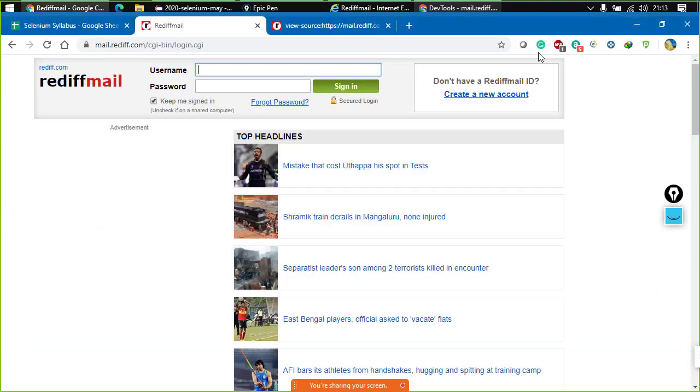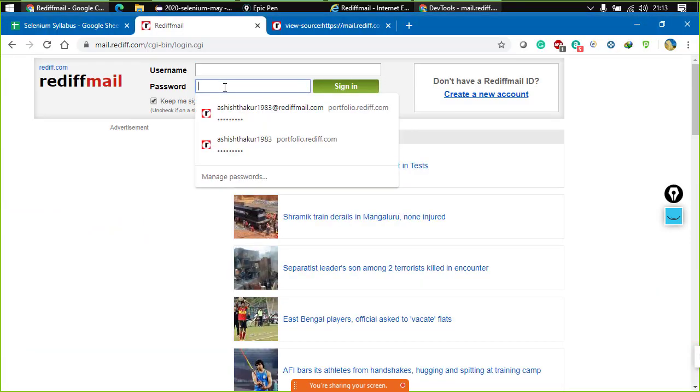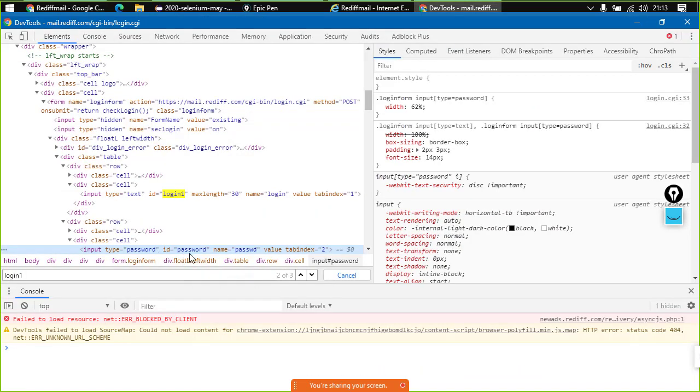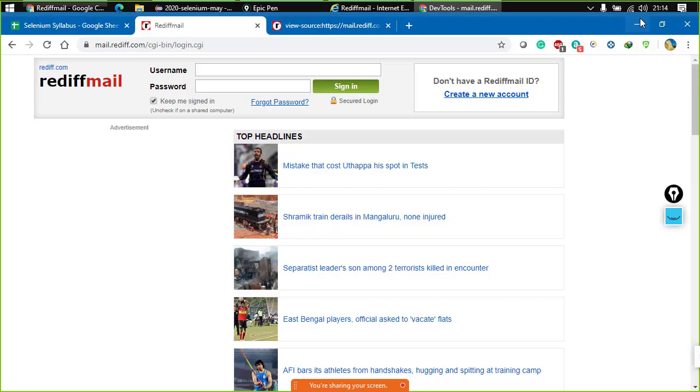Let us try something else. Say the password field. Right click here, go to inspect, and you can see that there is an ID, password. Would I be able to have access to this? We'll see that. So that is two elements, login1 and password, which allow us to put some data inside an input field.